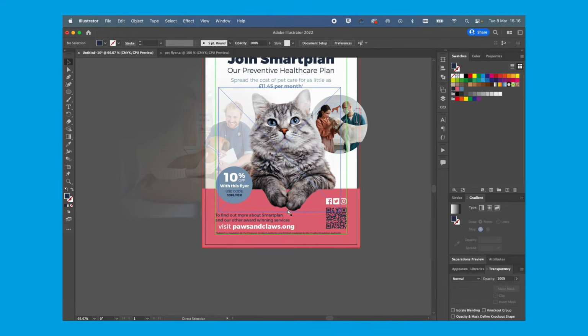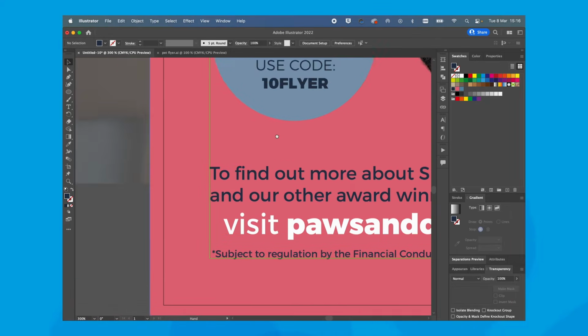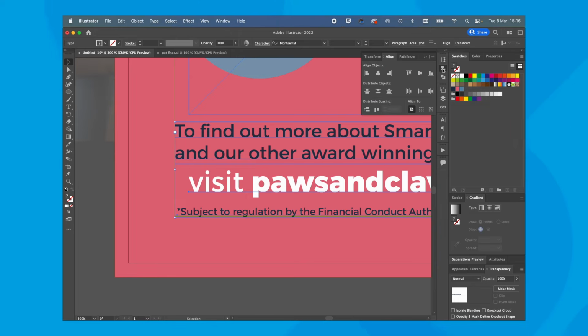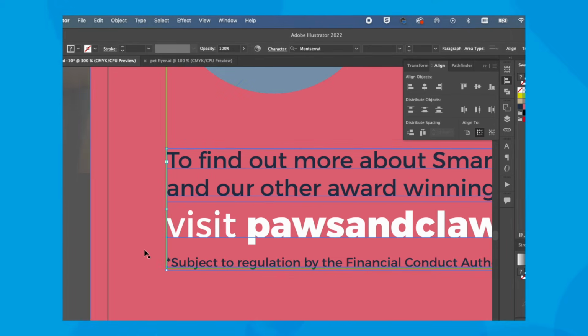And I want to zoom in, so Command plus to zoom in, and use the space bar to use this hand tool and move yourself about. And I just want to make sure these three bodies of text are aligned to the left up against our margin. So pressing Shift, I'm going to select all three of those, go to the align, and I'm going to align them to the left. Now you get some options here. You're either going to align them to the artboard, which would take the text all the way over to here. I want to align them to a selection, so you click on this one here and align to the left, and they'll all come to a good place.